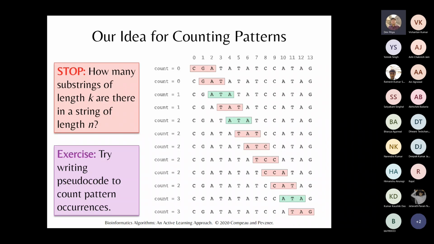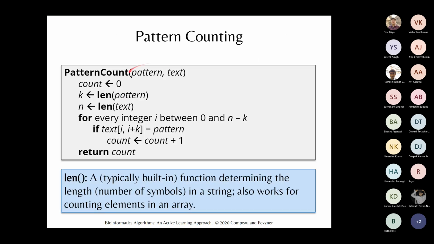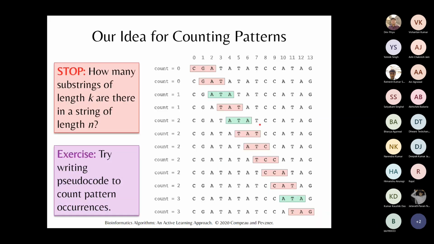Okay, good. So now let's try to write a code to count the number of times you have a specific pattern occurring. Your inputs are the pattern and the text. You begin with count equal to 0. K is equal to the length of the pattern, and N is the length of the text. So for every integer i, starting from 0 to n minus k,